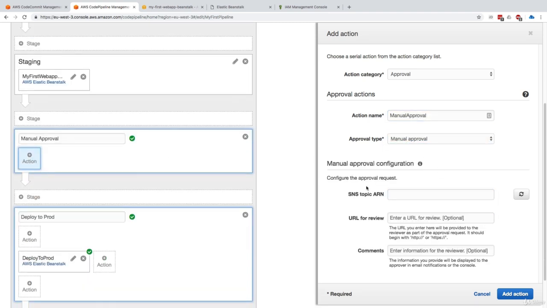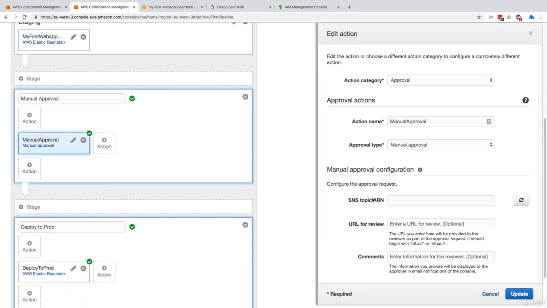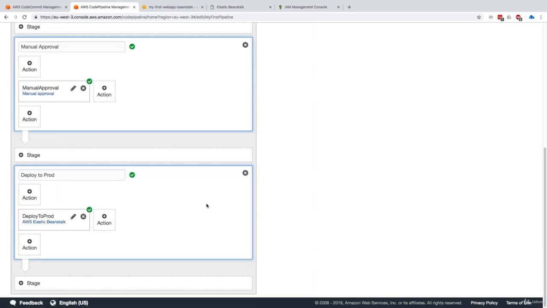Now we can basically create an SNS topic to say to people, hey, you should click on this link to approve the pipeline, sent by email. So far, I won't do it. I'll just click on add action and look at it manually and visually. But basically, you're able to edit this and trigger an SNS topic notification if you wanted the manual approval to go through emails. So, okay, this looks good.